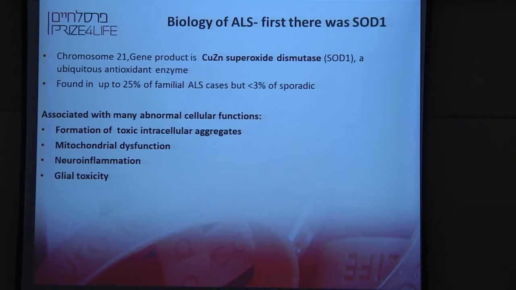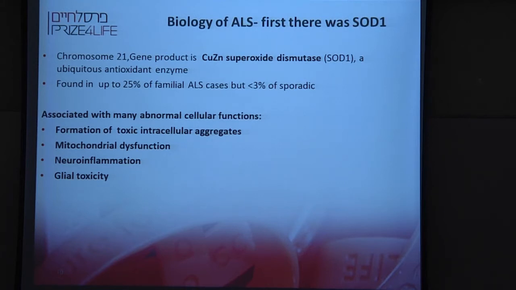The question is, what exactly are the aggregates? And that changes between diseases. There was evidence that SOD1 is apparent in these cellular aggregates, in its mutated form. The SOD1 protein, when mutated, is itself toxic. It has a copper and a zinc unit that can actually hurt other proteins. And it's also aggregating other proteins,